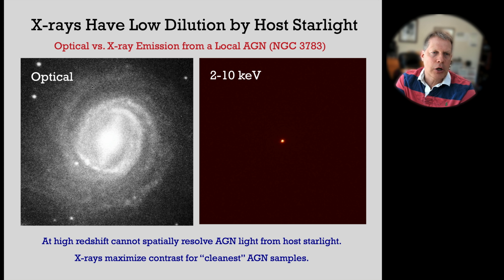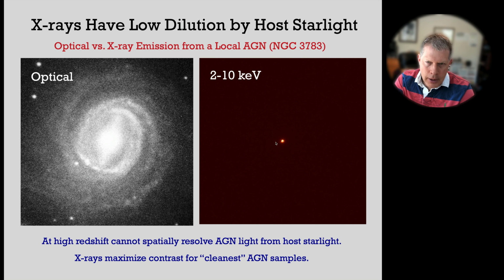This is an optical image of a nearby active galaxy. This one, this is the corresponding 2 to 10 keV X-ray image. And in the X-ray band, all of the starlight drops out, and you just see the light associated with the accreting supermassive black hole. This very large contrast between black hole related light and starlight in the X-ray band is